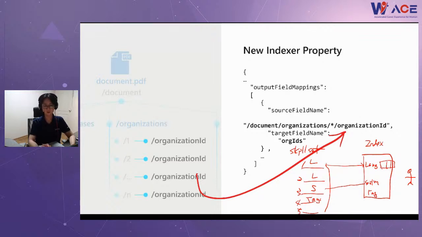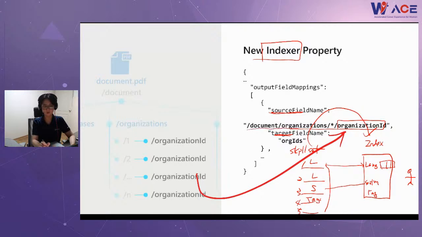Then, once skill sets and index design are done, who is going to move the original data to the index? Here, the indexer comes in. What the indexer actually does is just mapping source to target. What is the source? The source is the skill sets.